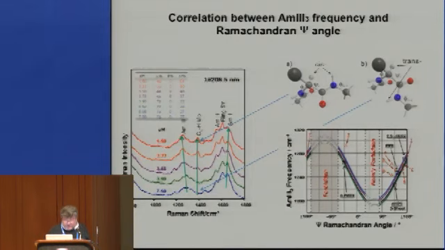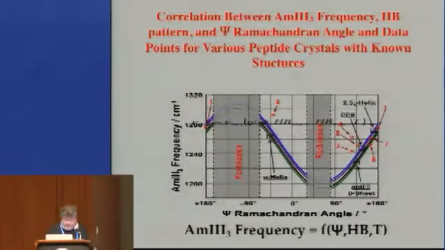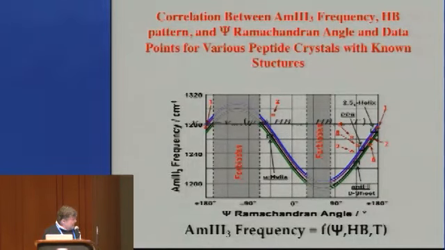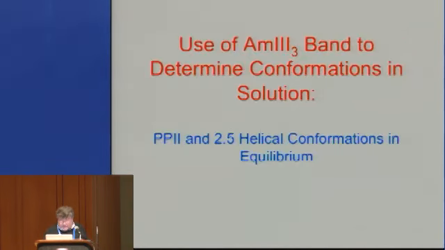due to hydrogen bonding. And you can combine all of this information to come out with an equation which relates the amide 3-3 frequency to only 3 parameters. And that's the Ramachandran psi angle, the hydrogen bonding, and the temperature. So if you know the temperature, and if you know the hydrogen bonding, then you know the psi angle once you measure the amide 3-3 frequency. And this is a remarkable insight into